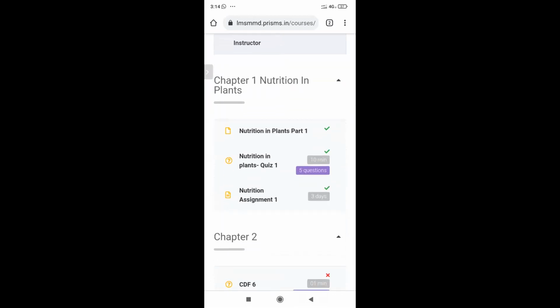Now we'll look into the teacher side. Move on to the teacher side as well. How to upload a quiz? You mean how to create a quiz? We will cover that part. How to create a quiz. Yes, sir. Should we start with the teacher or student web view first? You can show the student web view once. Yes, sir.